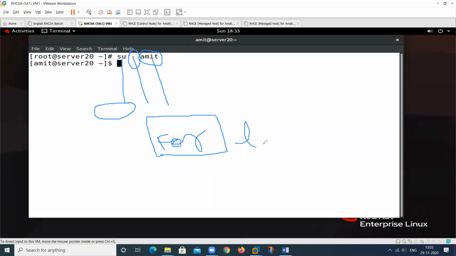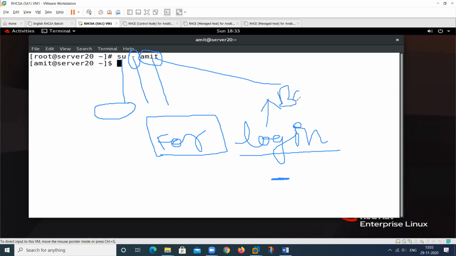So it's called login. I want to log in by using this particular user. So this is regarding the login. If I am not using this particular sign, then any other user can't log in on the bash program. So it is used to log in on the bash shell. To log in on this particular program, we use this option.